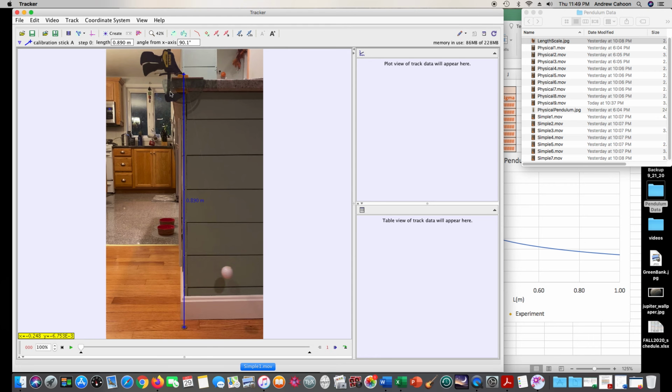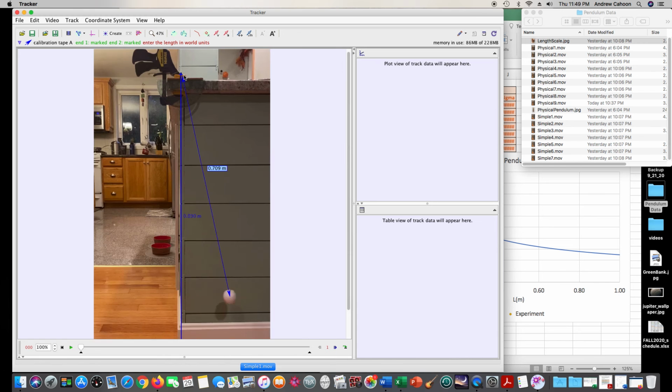But what I want to know is the length of the pendulum. And that's a tool we haven't used yet, but it's in the same place as the calibration stick. There's a calibration tape, like a tape measure. And you use it the same way, shift and click. So I want to click on the middle of the ball and then up here where it's hanging from. And so it tells me that's 0.709 meters, or at least that's what it is right now before I do the adjustments. So let me zoom in,